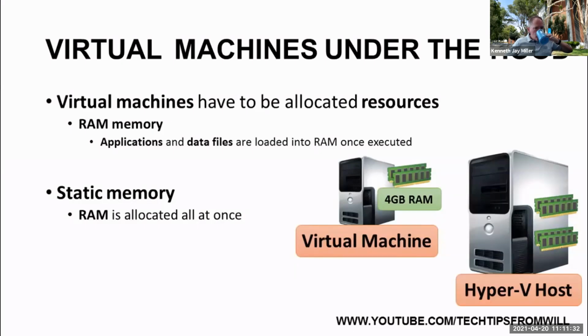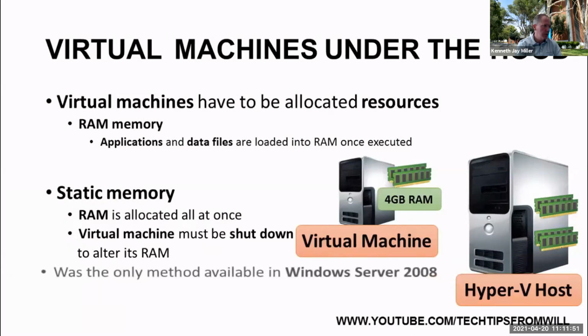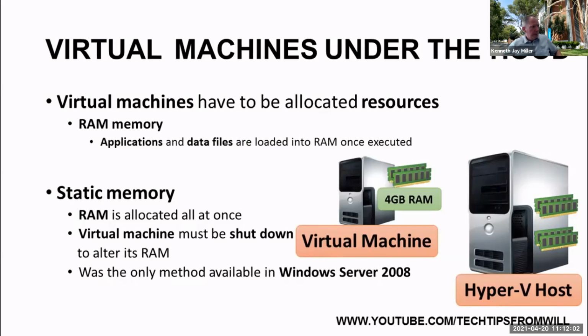If you later wanted to change the amount of RAM assigned to a virtual machine, you would first have to shut the virtual machine down. Only whilst the virtual machine is powered down can you adjust its memory. When Hyper-V first made its debut in Windows Server 2008, static memory was the only way to assign RAM to virtual machines. Network administrators were left to debate how best to allocate their RAM resources amongst their virtual machines. To address this issue, Microsoft introduced an alternative method of assigning RAM,